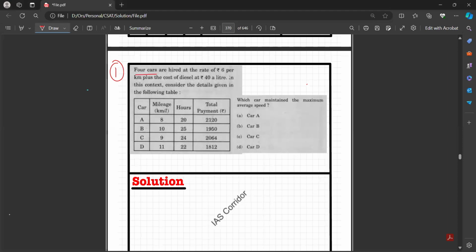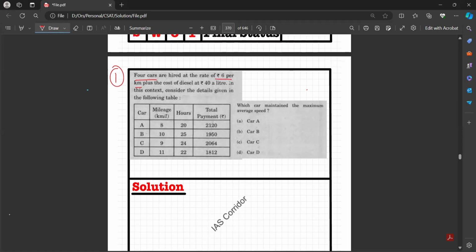4 cars are hired at the rate of rupees 6 per kilometer. Suppose if I take a car, it is hired at rupees 6 per kilometer plus the cost of diesel at rupees 40 per liter. In this context, given below, which car maintained the maximum average speed? S is equal to Vt, V equals S by T. T is given here. So once you find S, the answer would be,